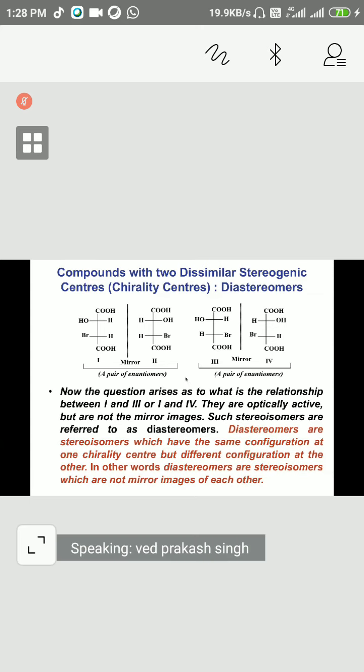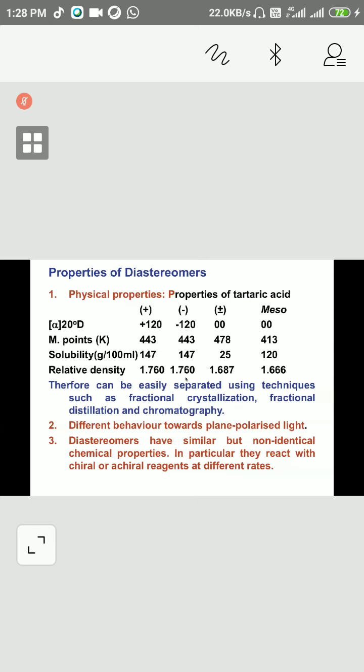Properties of diastereomers, you can see how they are different. Diastereomers, you can see here what the difference is. Optical activity may be anything, plus and minus. Melting point will be different, solubility will be different, relative density will be different. So therefore they can be easily separated using techniques such as fractional crystallization, fractional distillation,